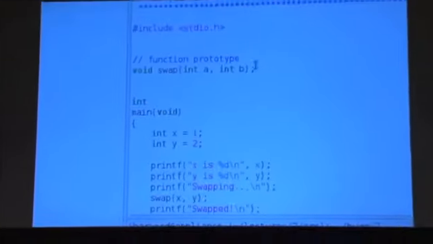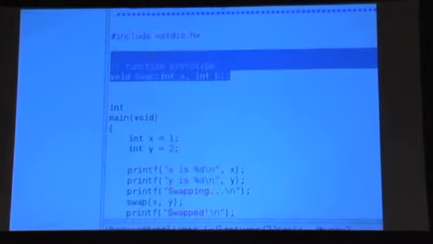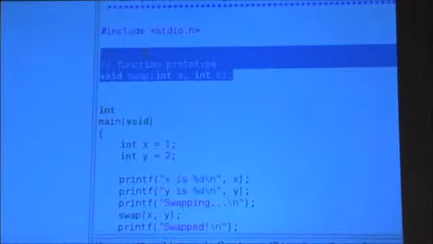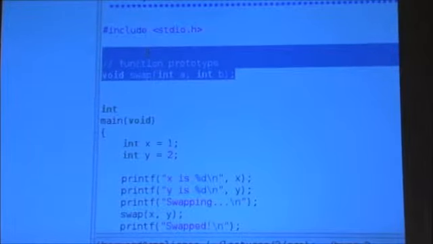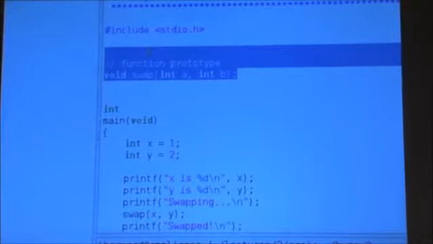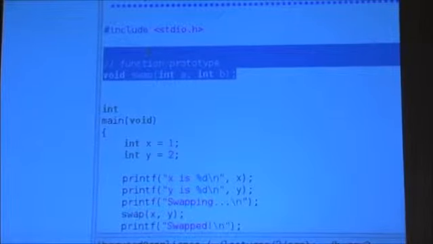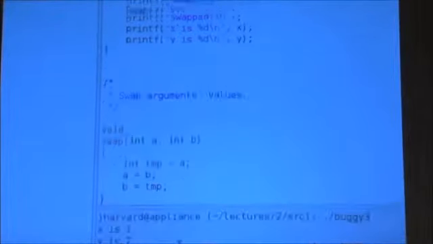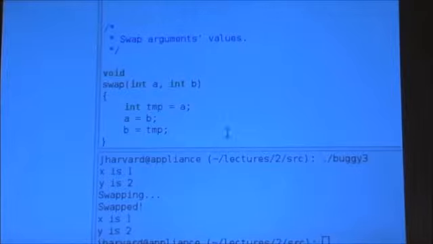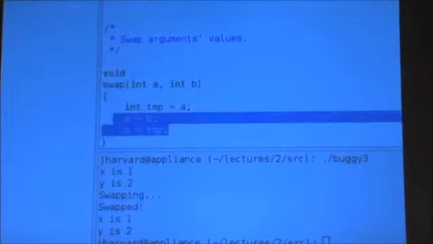So let's see. Maybe I did something stupid like I left out the prototype. Well, no. So that's there. I did include the prototype. And I should know that I did this correctly because GCC did not yell at me with implicit declaration of function. So syntactically, this program's right. Apparently, swap returns nothing. But it takes an int, takes another int, and calls them a and b respectively. So let's now scroll down and see how I implemented this. Well, it's apparently just 3 lines of code. So swap has no output. It takes 2 inputs, a and b. Each of them is an int. And now conceptually, does this sound correct?